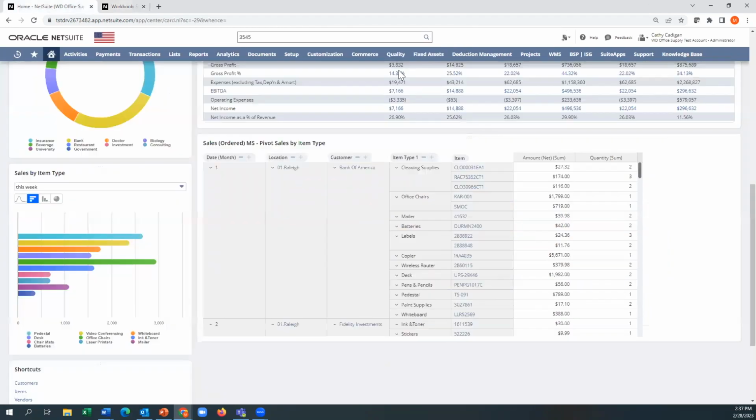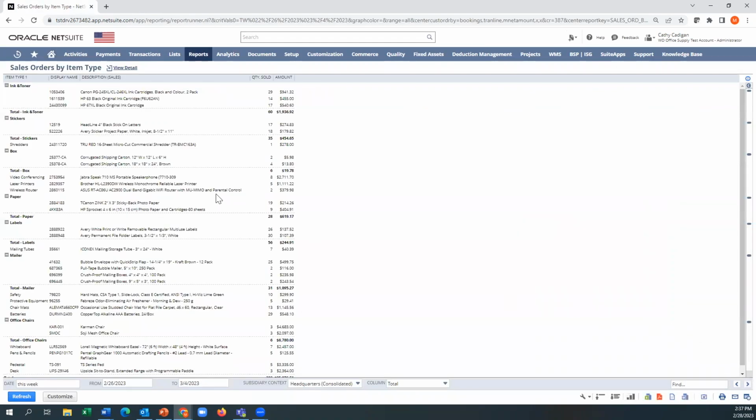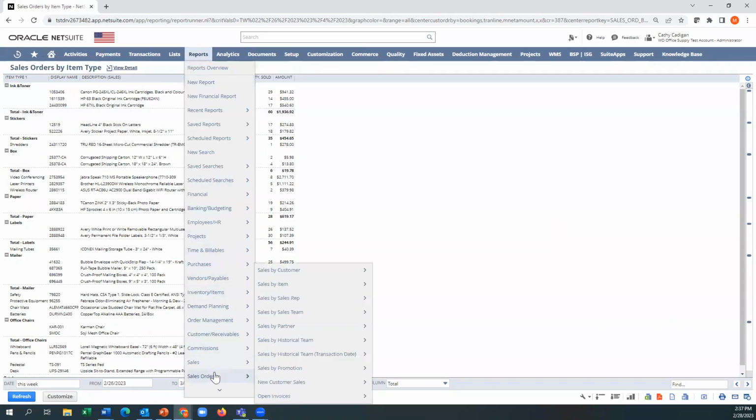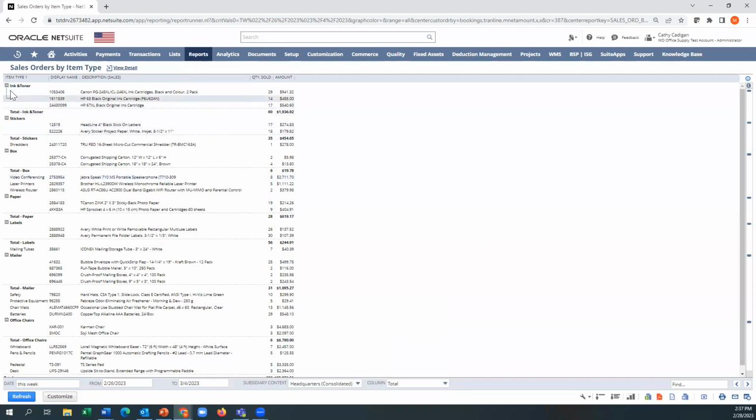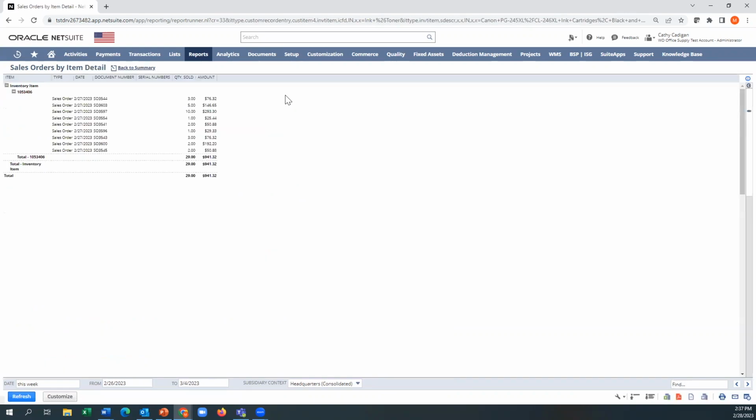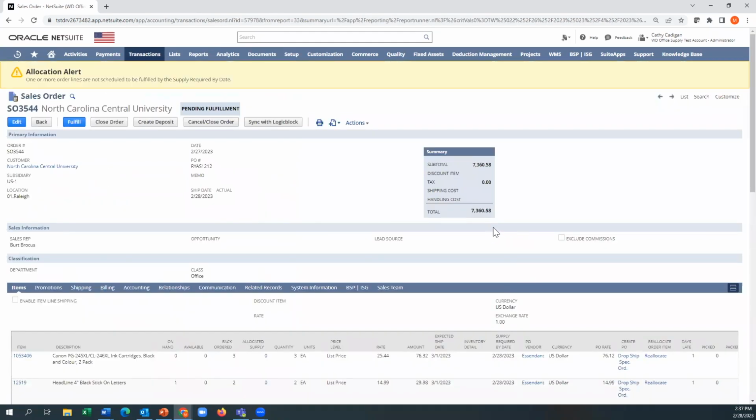Lastly, as I close this here, I'll just show this little chart, which is actually a report. You can see this is sales by order, orders and item type. And the way I created this, I went to sales orders by item, and then I added that same attribute into here, in this case, in container. And again, remember, I can just click on these numbers, and as I keep clicking, it just drills down.